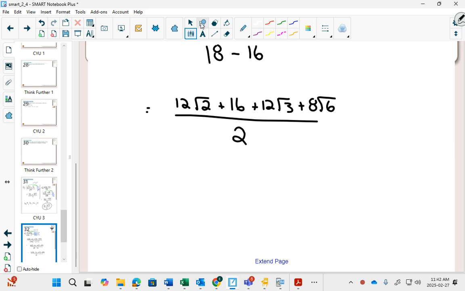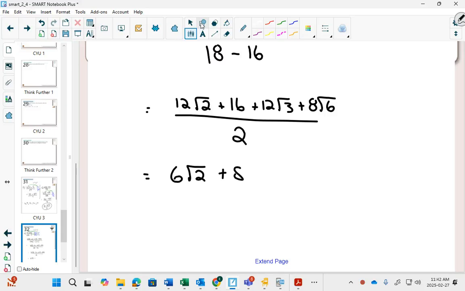Is this in lowest terms? No. Can you see that there's a number that divides everything? Can you see that everything can be divided by 2? So if everything can be divided by 2, you have to divide this one by 2, you get 6 root